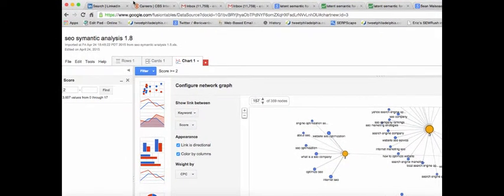We look at CPC because it tells us the value of something. It's really a great way to figure out whether something is important to others, because if it is, then probably it's going to be something you also want to show for your readers. It also may mean that it's more competitive, and that's something to think about as well. Search volume, of course that's important because it means that if you rank for these words, you're going to get